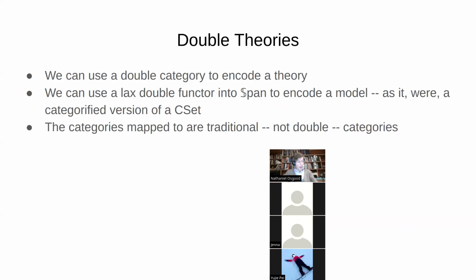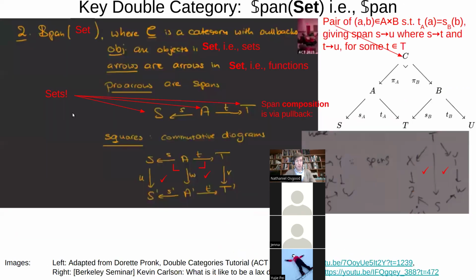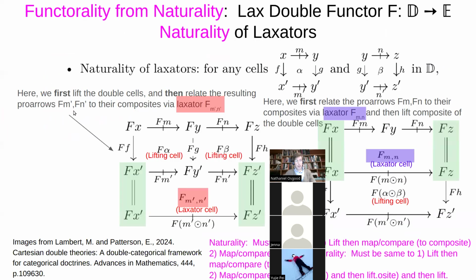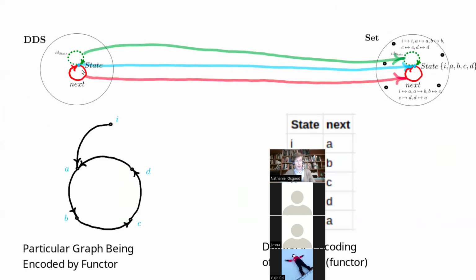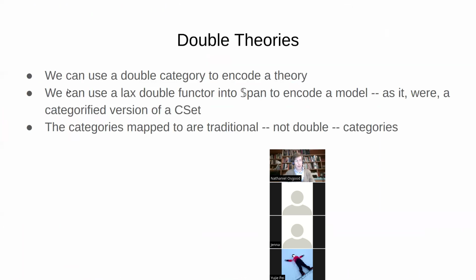So look, we're going to have to finish up here. But the basic gist of it is that we can use a lax double category to encode a theory. We can use a lax double functor. So the theory was something like this. Or like ours with V here instead, and with these pro functors, or excuse me, these pro arrows. Okay, we use a lax double functor from that into Span to encode a model, because that gives us